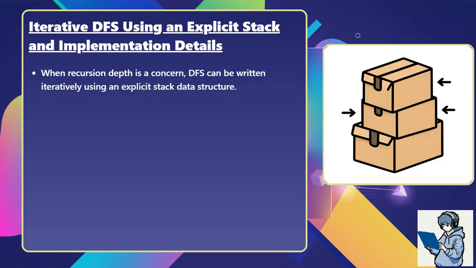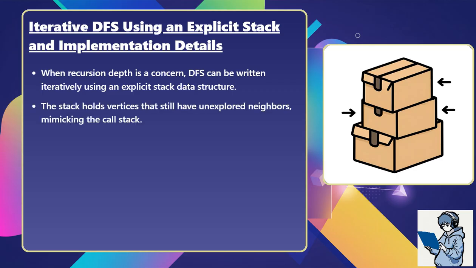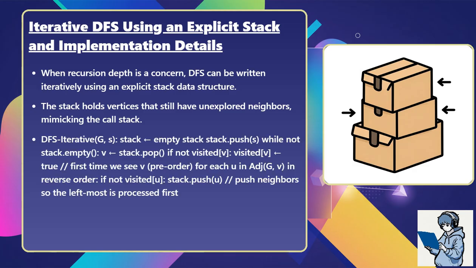When recursion depth is a concern, depth-first search can be written iteratively using an explicit stack data structure. The stack holds vertices that still have unexplored neighbors, mimicking the call stack. Depth-first search iterative of G, S: stack = empty stack; stack.push(S); while stack is not empty: vertex v = stack.pop(); if not visited[v]: